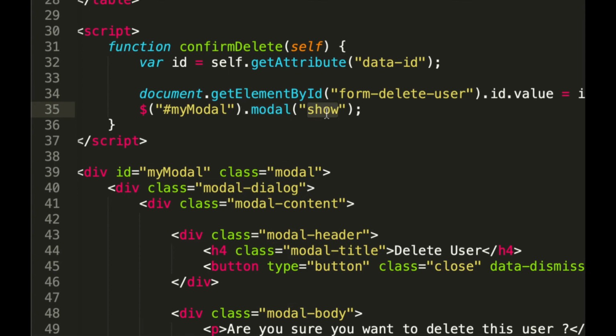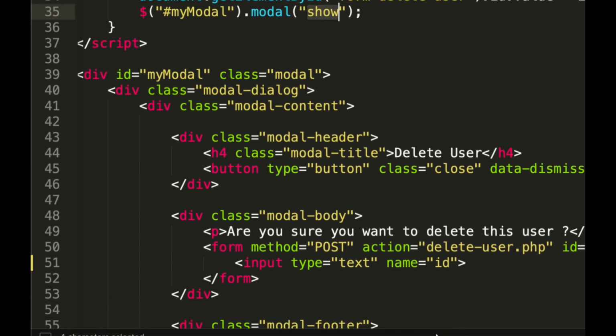And in this modal function we have to pass a string parameter telling whether you want to display or hide the modal. If you want to hide the modal, then you should send hide as a parameter. But if you want to show or display the modal, then we must send show as a string in the modal parameter.